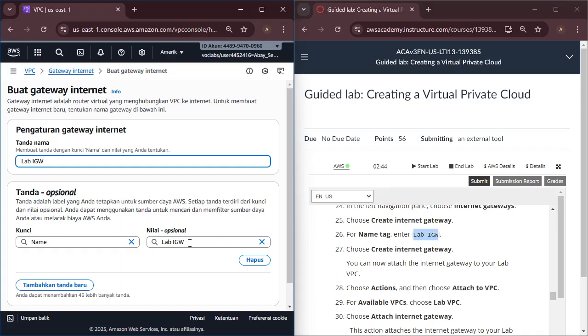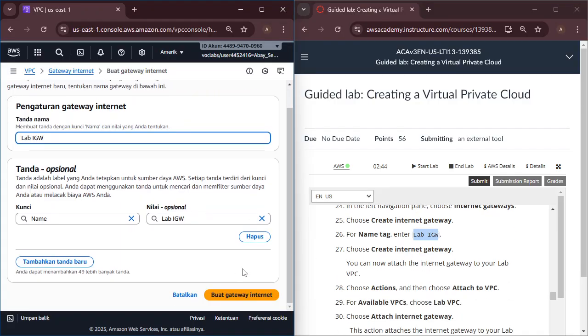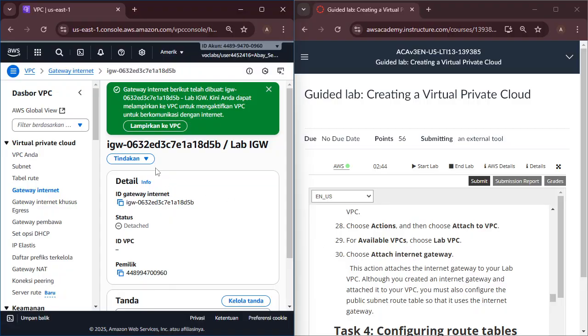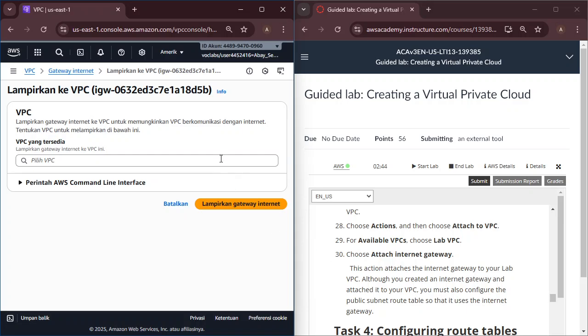Choose Create internet gateway. Okay. Then we choose Actions, and choose Attach to VPC. Choose the VPC, choose Attach internet gateway. Okay, just attach it.